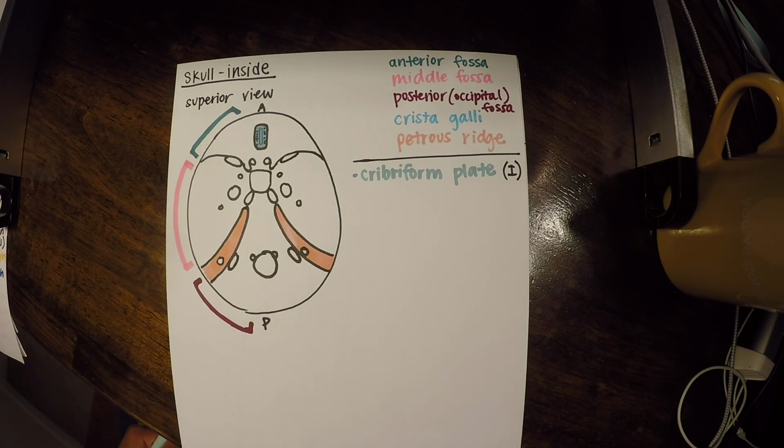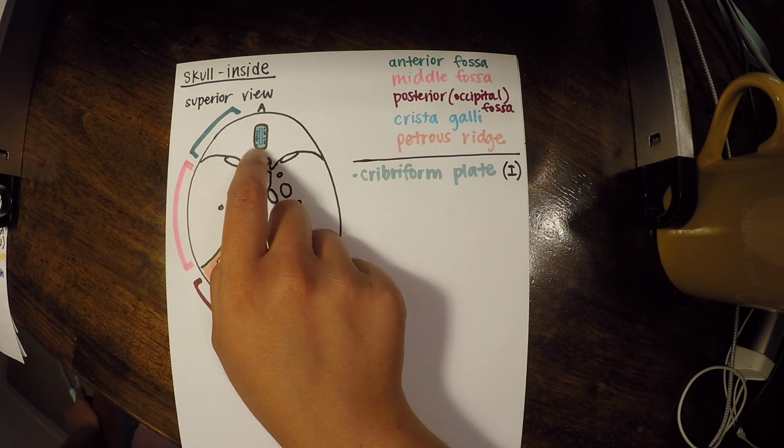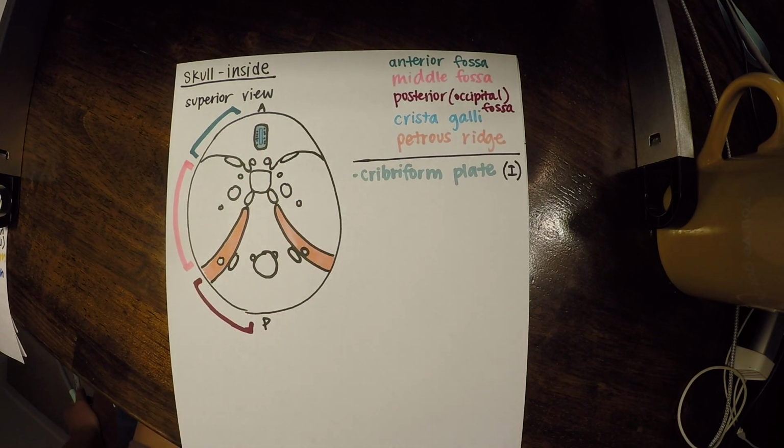What's interesting about this cranial nerve is that most of these cranial nerves will travel through as one big, almost cylindrical type structure, like an actual nerve. This is broken up into teeny tiny little nerves passing through these little holes that are represented by the black dots. And that's cranial nerve number 1 passing through that, which is your olfactory nerve. You don't need to know this right now, but this is just a side note that we'll learn later. It's interesting because that is actually the nerve that controls smell.